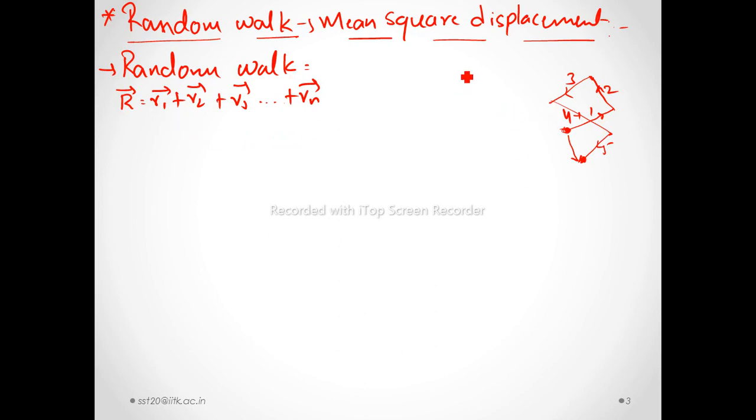For example, consider a box consisting of some 4 to 5 atoms, moving from here in this direction. We need to consider the random walk of the whole system as the sum of the random walks of the individual components. It is given by small r. The whole system random walk is given by r bar. Now we can define the random walk. The random walk of a particle A does not depend upon the previous jumps